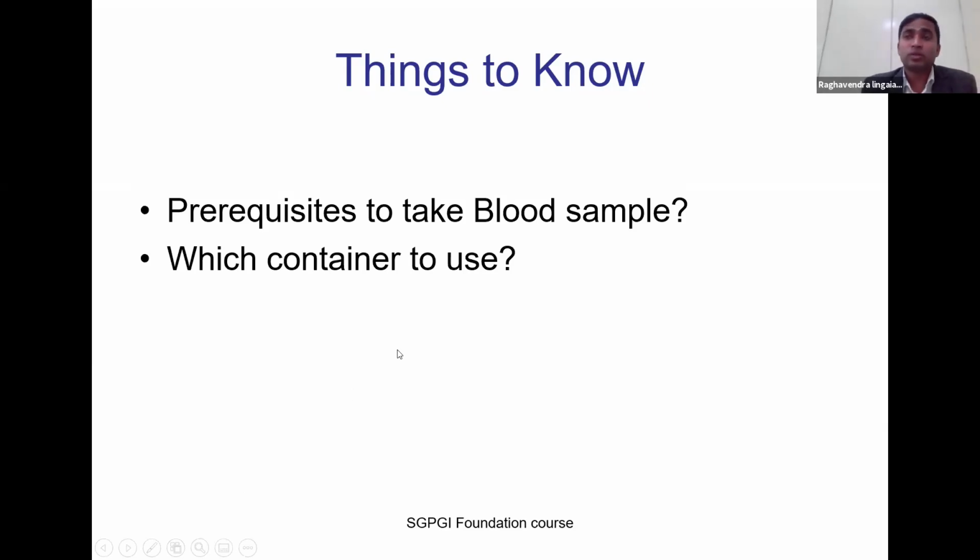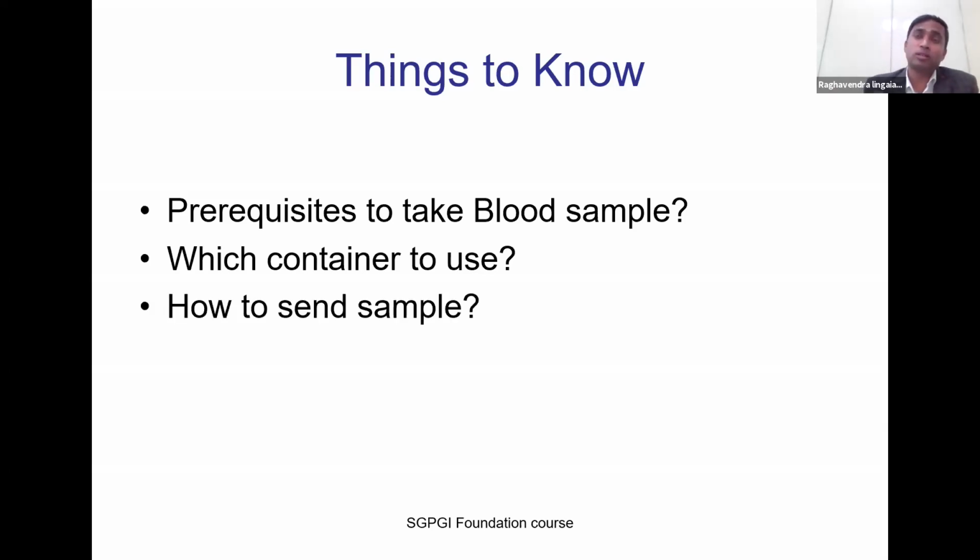It is also the container or the vacutainer which is very important, because we cannot take blood into any vacutainer which you desire or with the color you prefer and send it for testing and expect a good, proper result. And also, if you have done the first two steps correctly, but you fail to send the sample in a proper way, you can also encounter wrong results.